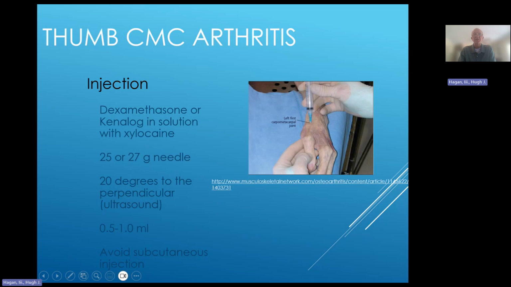You can inject the CMC joint and buy time with this, particularly in older patients. Dexamethasone or Kenalog are generally what I use. Use a little needle. You can put it in at about 20 degrees to the perpendicular. With or without ultrasound, you inject a small amount, anywhere from a half cc to a cc, and try very hard not to put it under the skin, because this is an area prone to